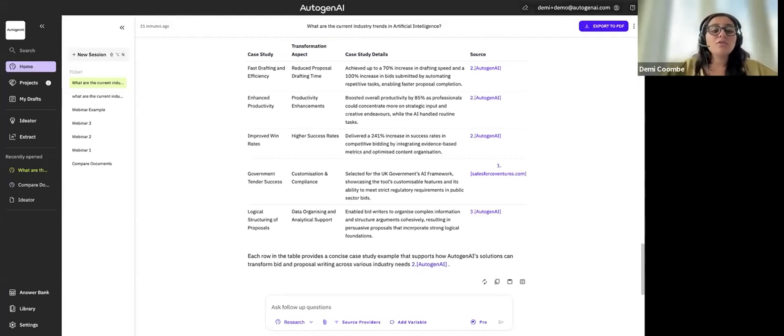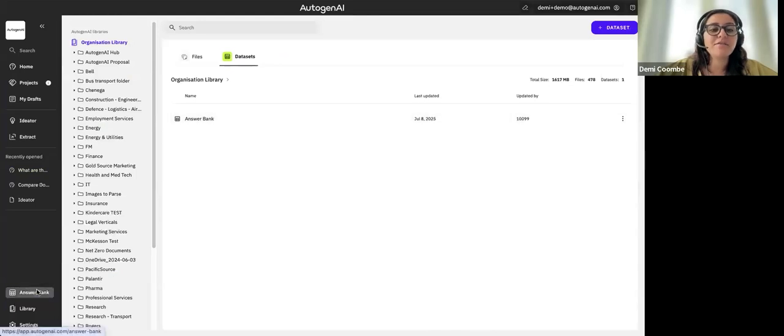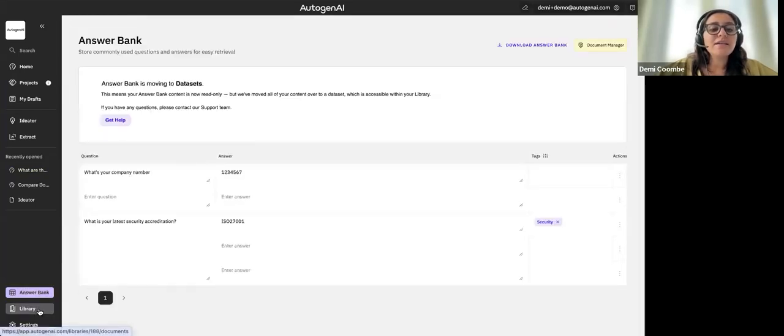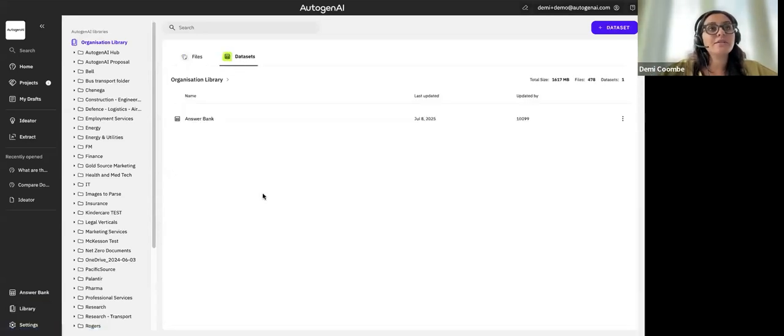Someone's asked about our data sets function. Yes, of course. So I wasn't anticipating to show data sets considering the time constraints that we have, and there's so much depth within AutoGen. Essentially, the data set sits as a part of your library and it's migrating from the answer bank. The idea here is that you can use it to leverage information that you would have in like your PQQs, goals, sources, standard responses, maybe being able to formulate CVs, draft some content and pull a data set and information from the data set into your